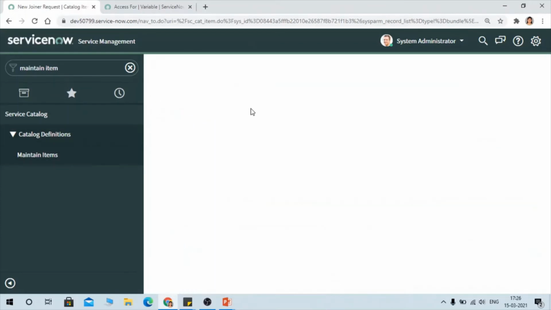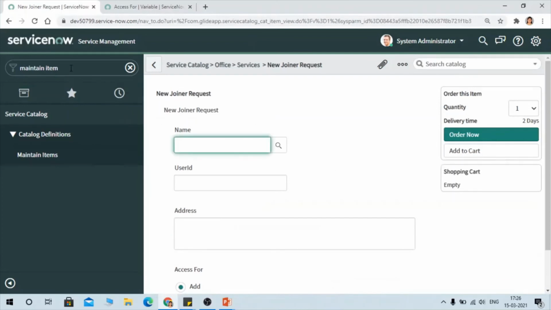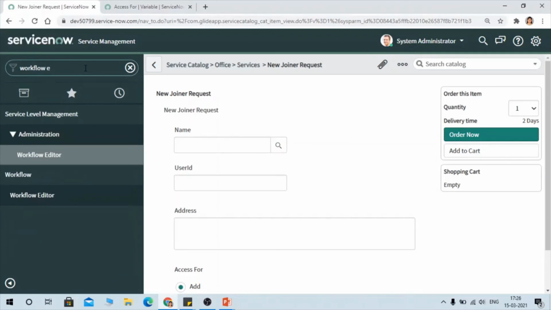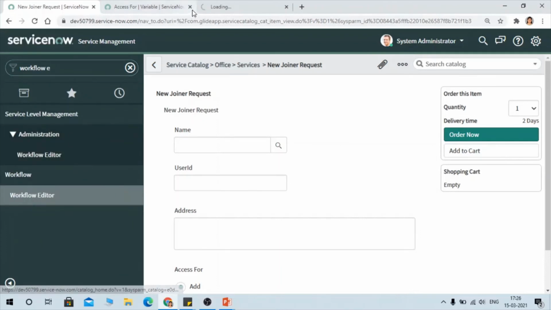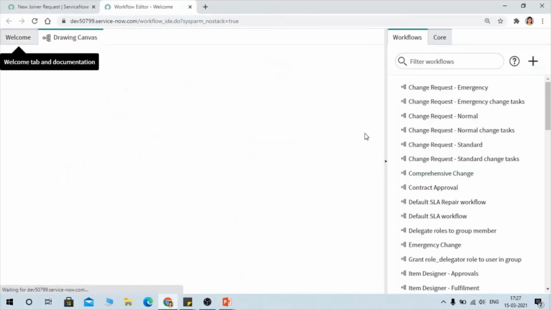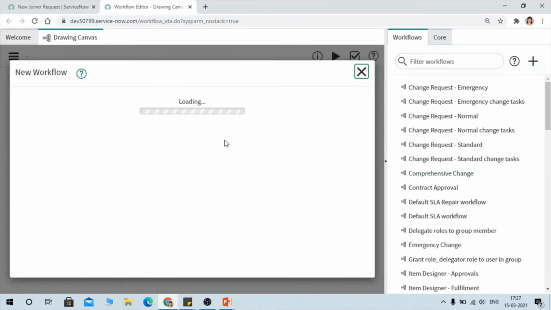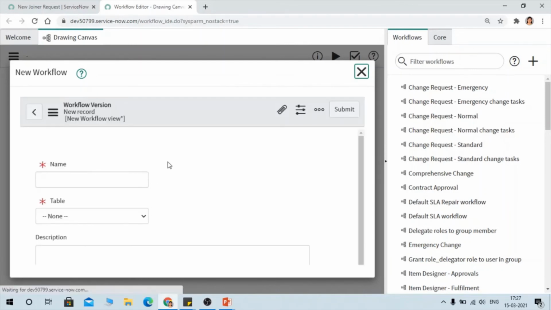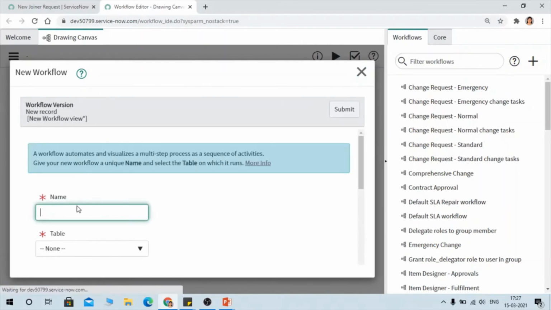Okay, we haven't configured our flow, right? So we'll go to workflow and create our flow. So click on new, joiner flow.